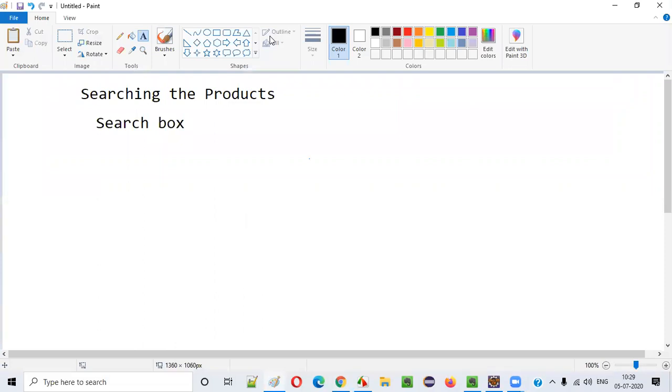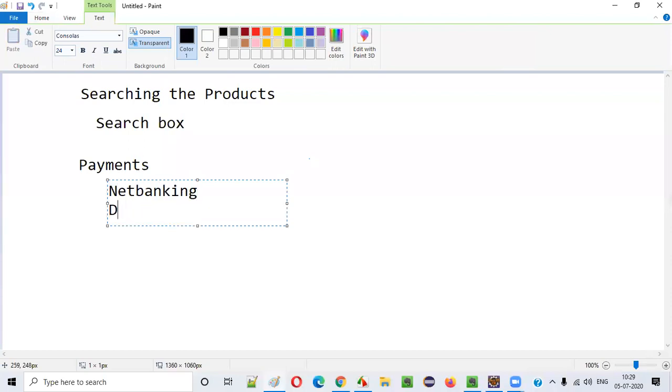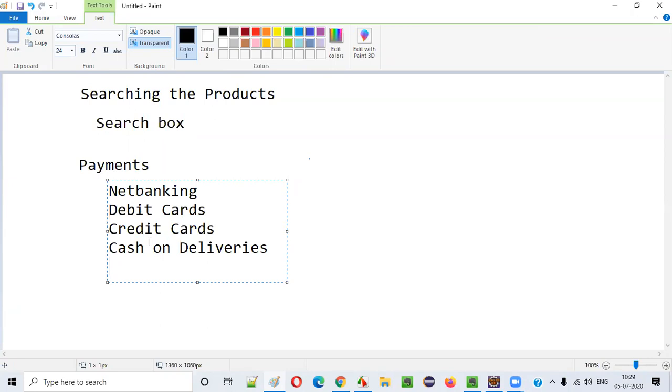Someone was saying here in the chat, yeah, payment is again a very big thing. If you talk about payments, there are different types of payments, right? Net banking is there, debit cards are there, credit cards are there. Cash on delivery is there. Nowadays we are getting some wallets also, Google Pay or something, such kinds of wallets and apps. Then Paytm, a lot of integrations are there when coming to payments.